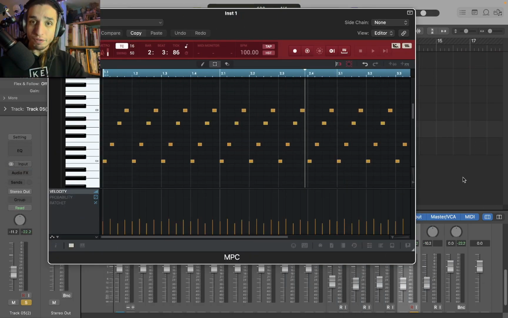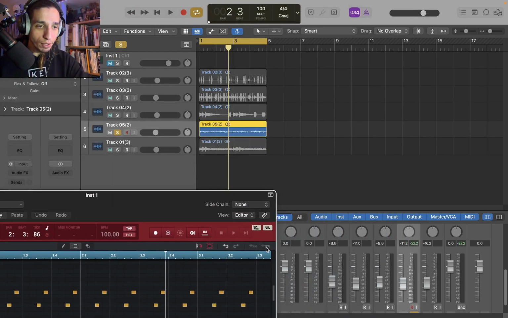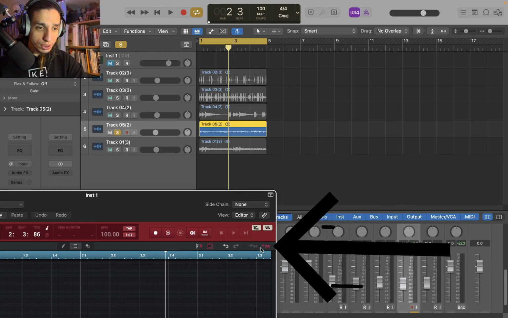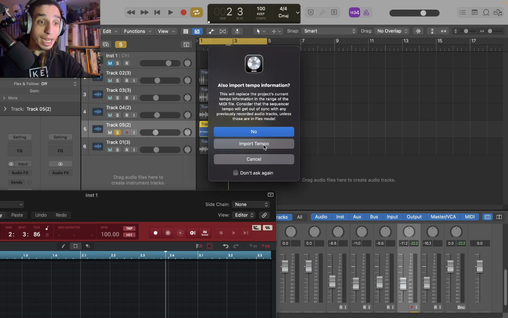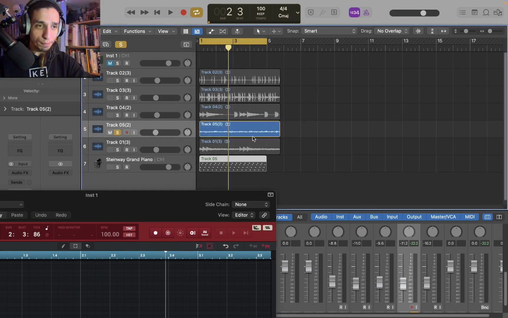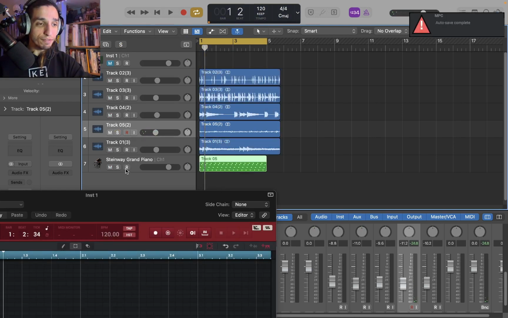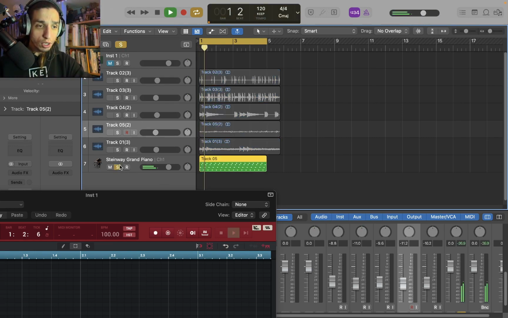Say we want the MIDI from this arpeggio. Next to the copy audio button, there's a copy MIDI button. So you do the same thing, guys. Click it, it turns red. Drag it into the DAW again, right? Import tempo information. This is also a good way to get the tempo from the project to your DAW. So I'm going to import the tempo info because obviously I want this to be at the right tempo. It already was, so that's fine. Okay, so now we have the MIDI information for that arpeggio. So if we wanted to maybe layer that arpeggio with, here it is with a piano, but if we wanted to do that,